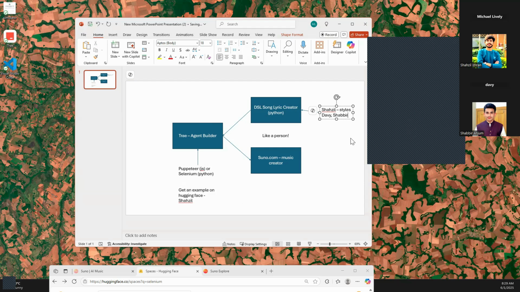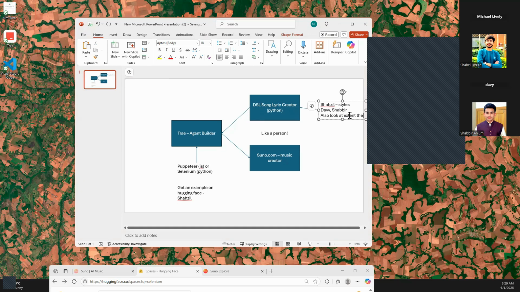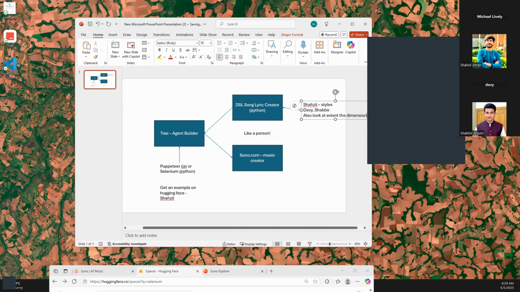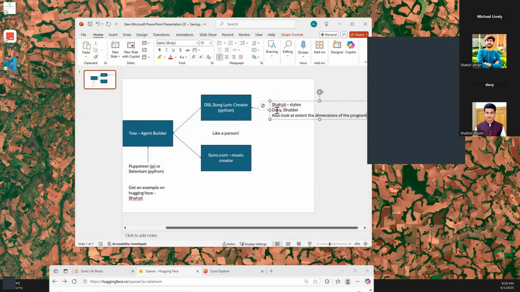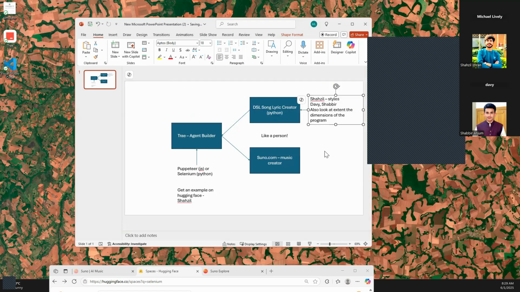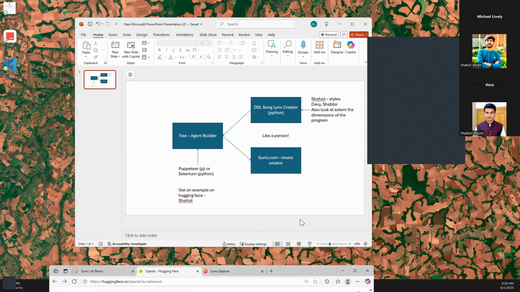Shabir, also look at extending the dimensions of the program. Believe it or not, these sound like big numbers, but they are small numbers. Now that we have a handle on this semantic space, we have the ability to go in there and do some really amazing things with this type of technology.